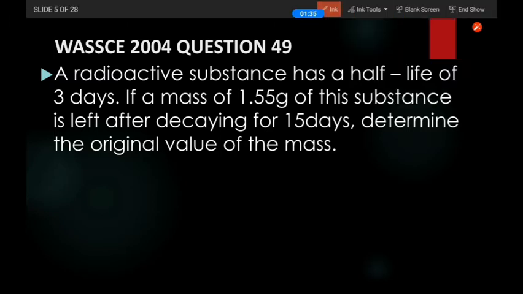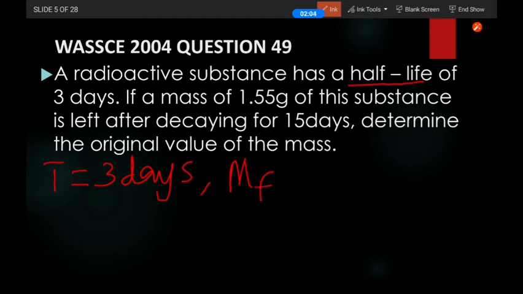Let's read the question again. Anytime you see a question of this nature, you bring out what you are given. A radioactive substance has a half-life. Half-life is usually represented by capital T. Let's bring out what we are given. That is 3 days. Good. If a mass of 1.55 grams of this substance is left, that means we have mass